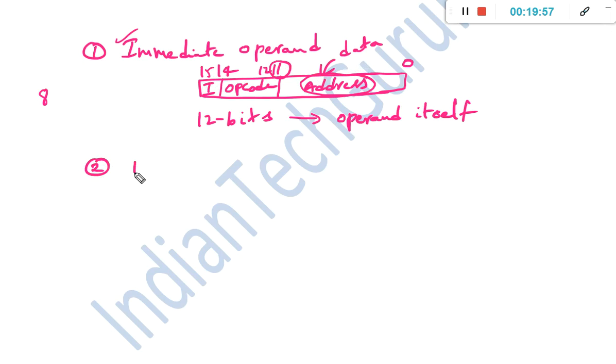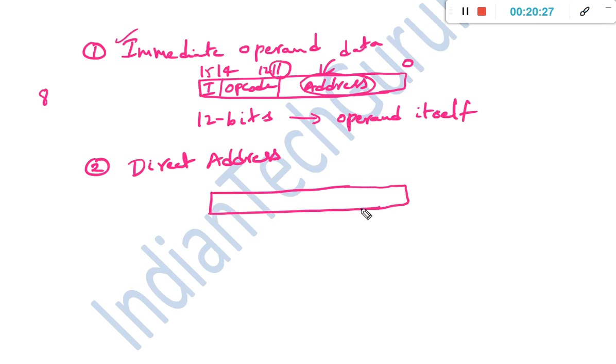The second one is direct address. Direct address here represents a 12-bit code for a direct address. Let us see how it looks. Based on the I value, we determine whether it is a direct address or an indirect address.